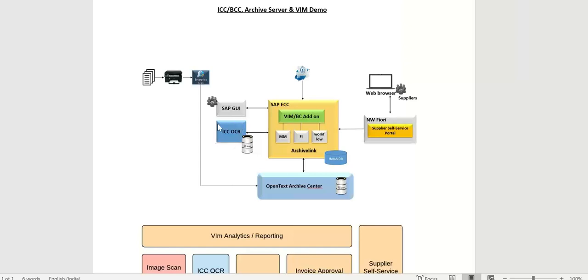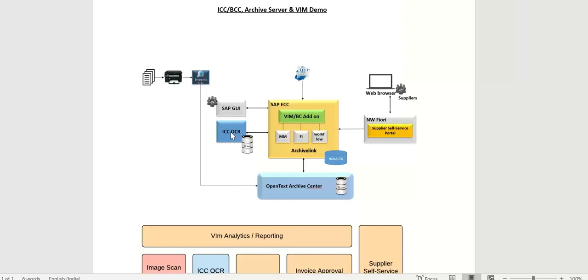Validator will log into the ECC, this BCC server, and there is another tool called validation tool. The way I told you, there is a customizing tool, customizing client tool, that is part of administrator. Another tool is called validation tool. So a validator can log into validation tool and do the validation. And what validation will it do? It will validate with the data you are already having in the system. Let's say reference data you are already having archived. From there, it will validate whether the company ID is same, the invoice number is same, the amount is same,